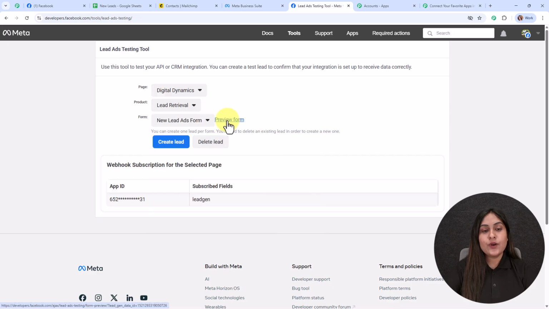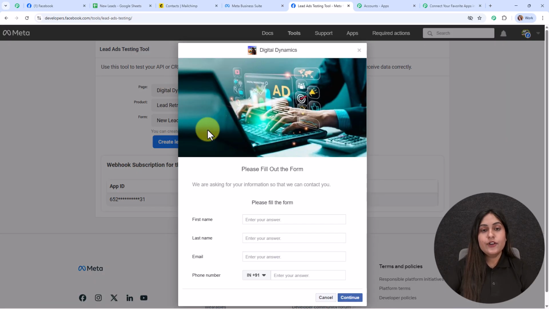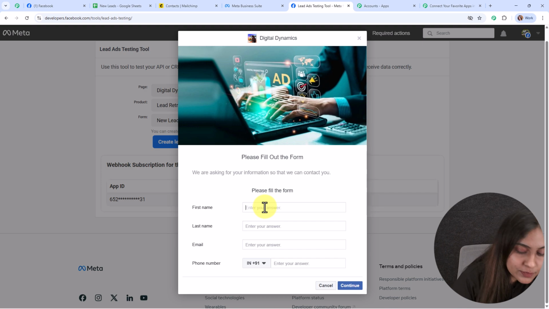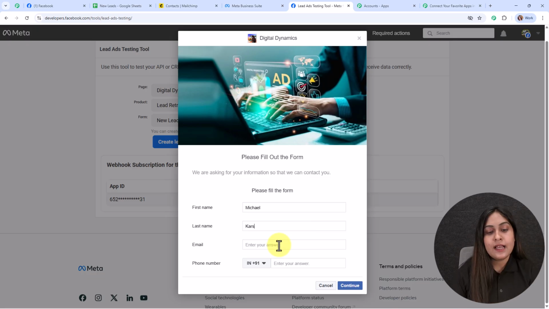Then we're going to click on this preview form. And here you can see this is my lead form. So I'm going to enter some dummy details and make a test submission. So for the first name I'm going to enter the name as Michael. For the last name I'm going to select it as Cast, and for the email I'm going to enter the email as